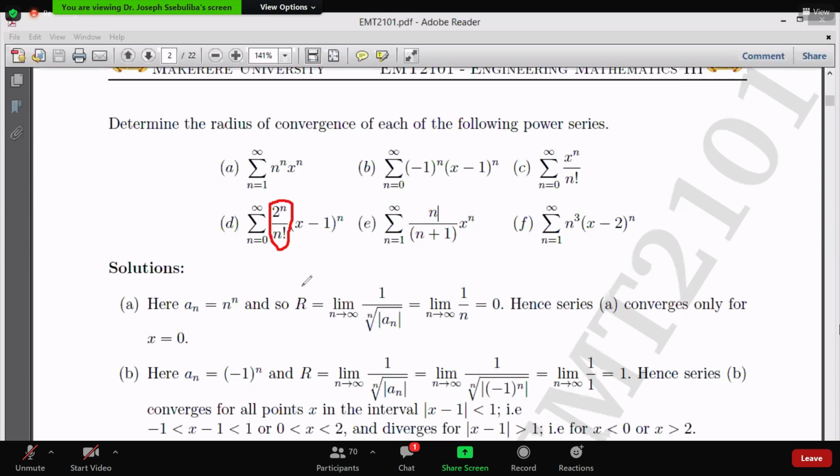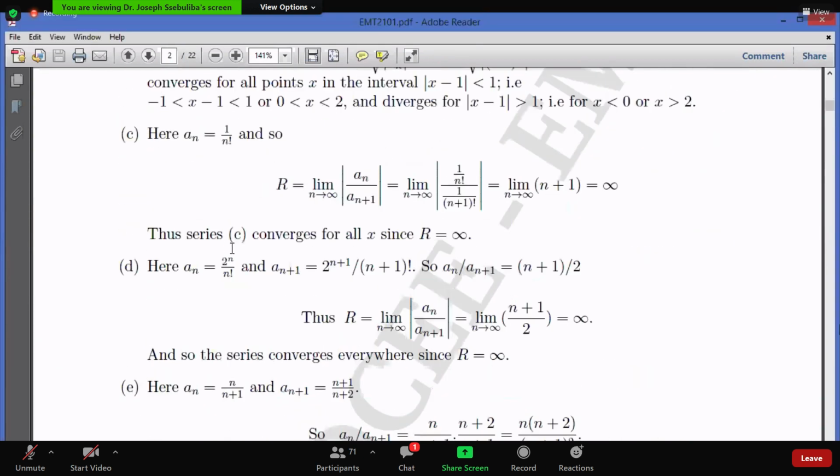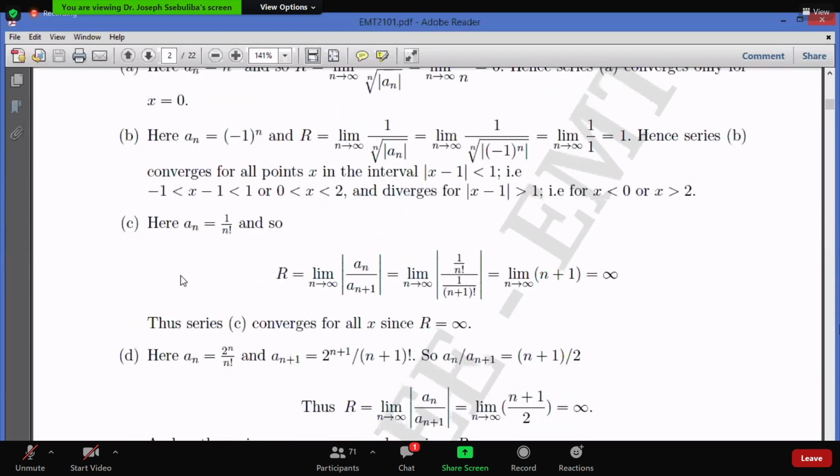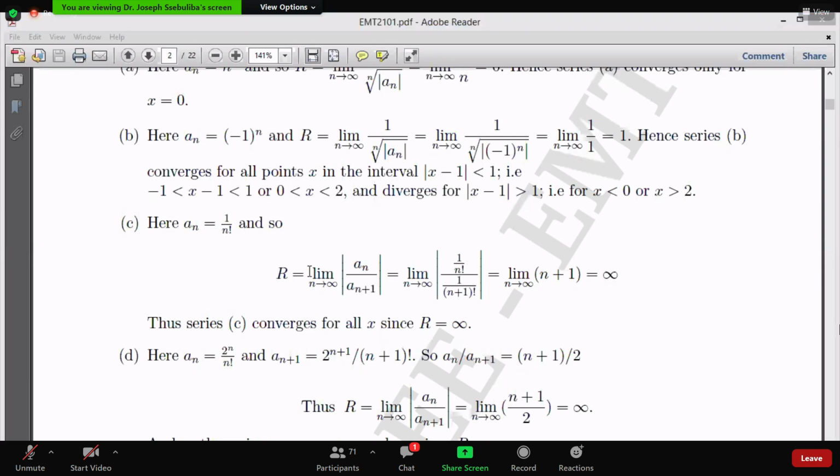And when you go ahead to use the ratio test, don't forget this, because I'm going to scroll down now. What we will get is what we have here now. This is our part D. From our part D, we have an, which is 2^n over n factorial. Now, by definition of a ratio test, by the way, when we write this here,